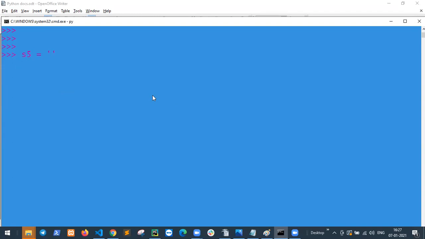Python. I know how many characters are in this string, 0, 1, 2, 3, 4, 5. But I don't know how many characters are in this longer string. So how to find?